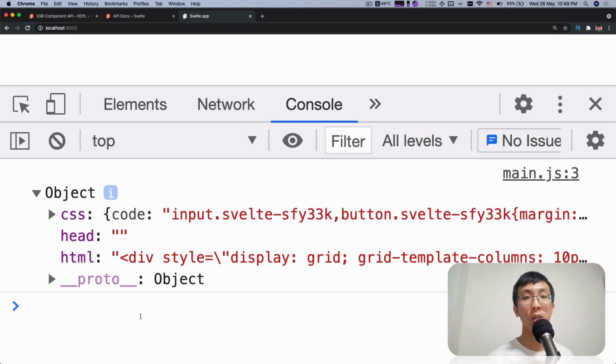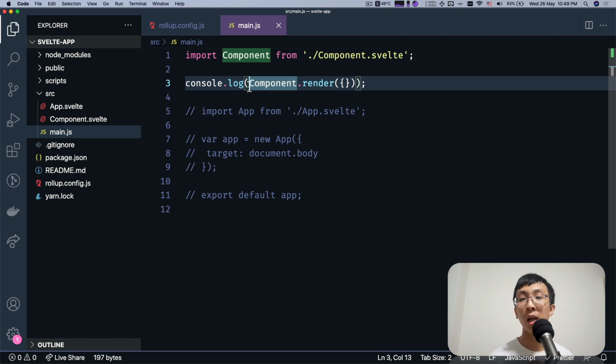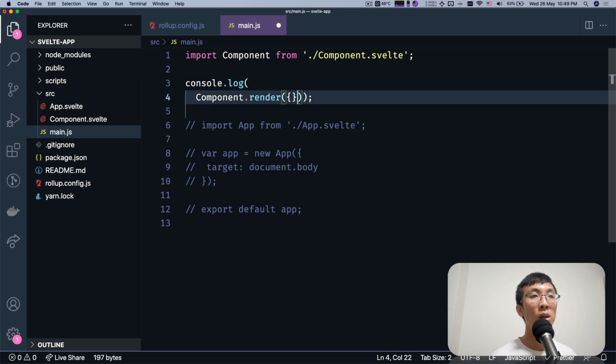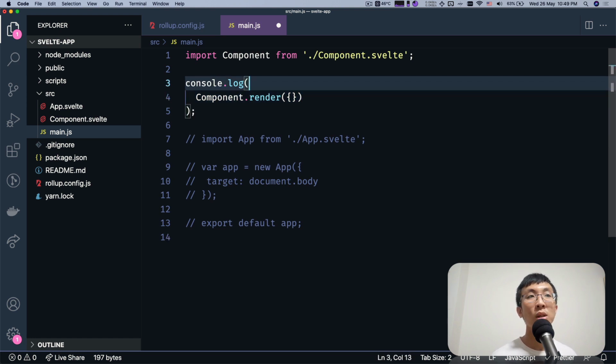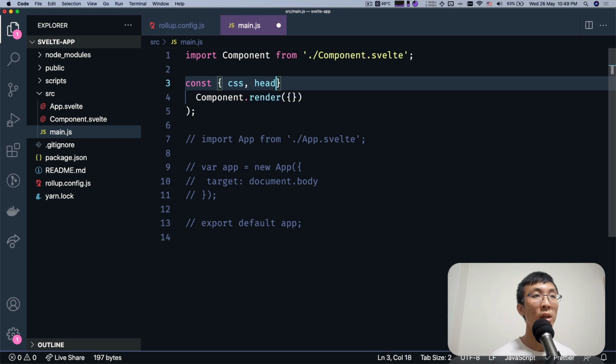So usually what you would do is you probably come over here and piece everything up into one nice HTML document and then send it to the user. Send it to the user, right? So instead of doing that, let me just have a quick code to show you how that would roughly work, right? So first, in this object you have CSS, you have head, and you have HTML. Okay.